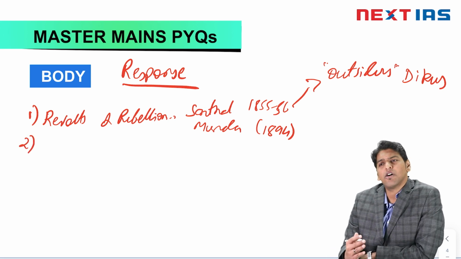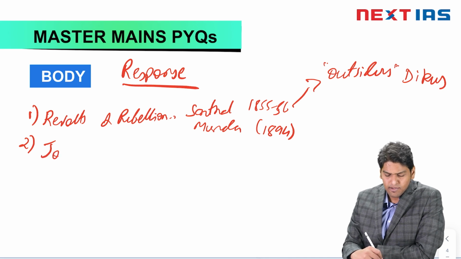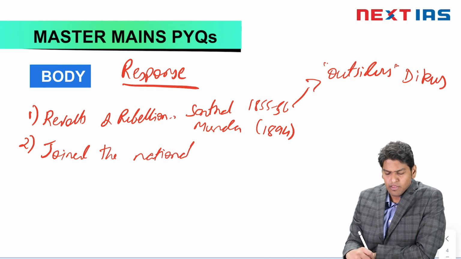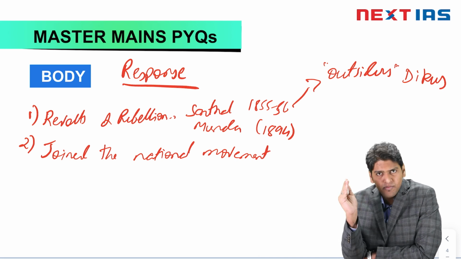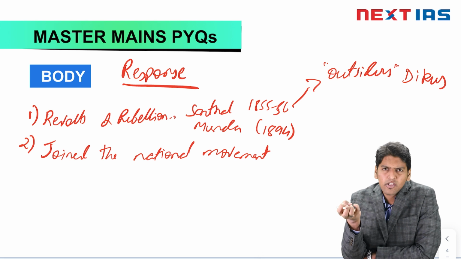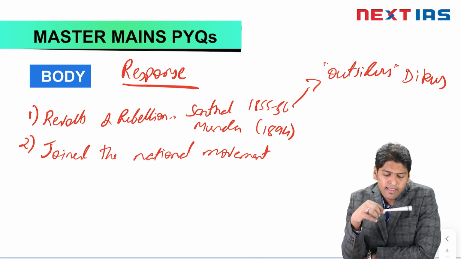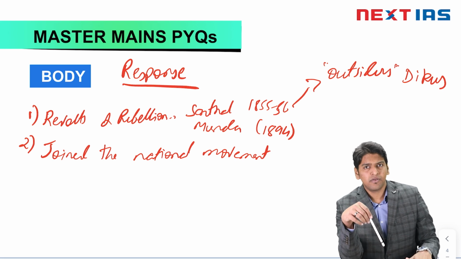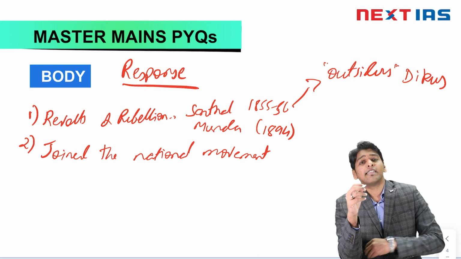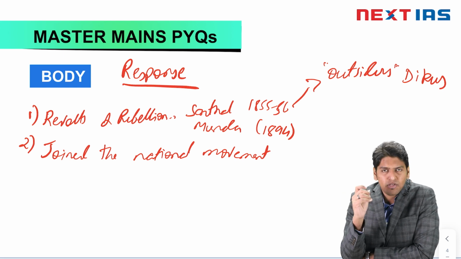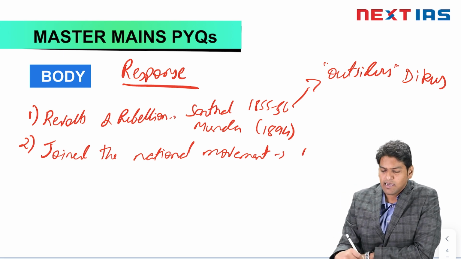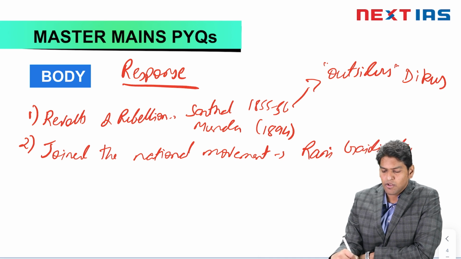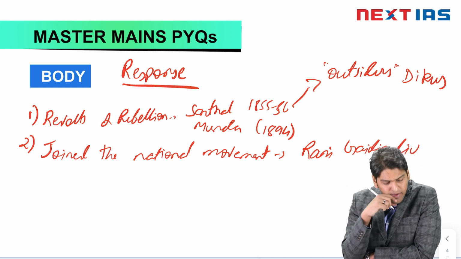Next, a few tribal people joined the national movement. When they saw that the British were their common enemy, with the people fighting for the independence of India also fighting against the British, and the tribals also wanting to get rid of the British, they joined forces. Leaders like Rani Gaidinliu. Next, we have